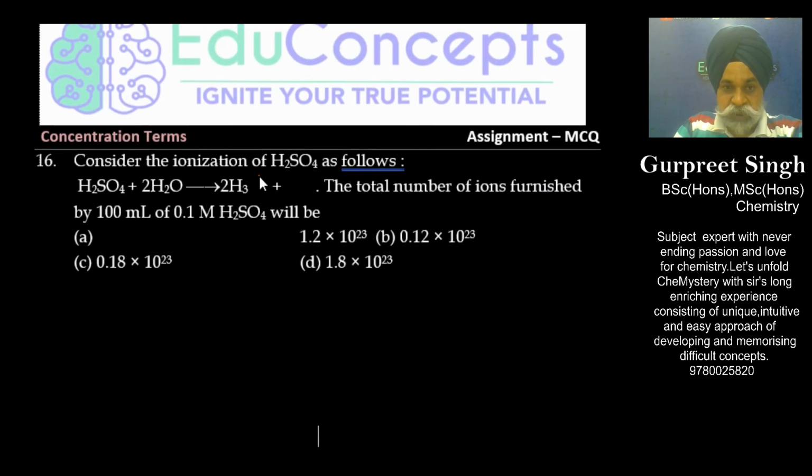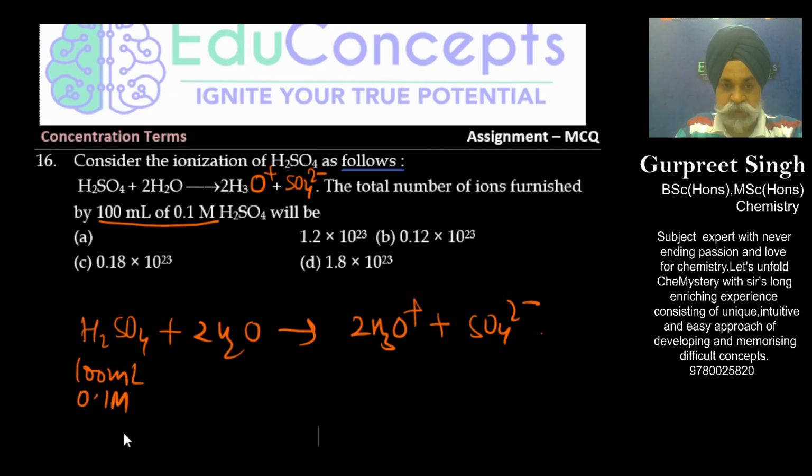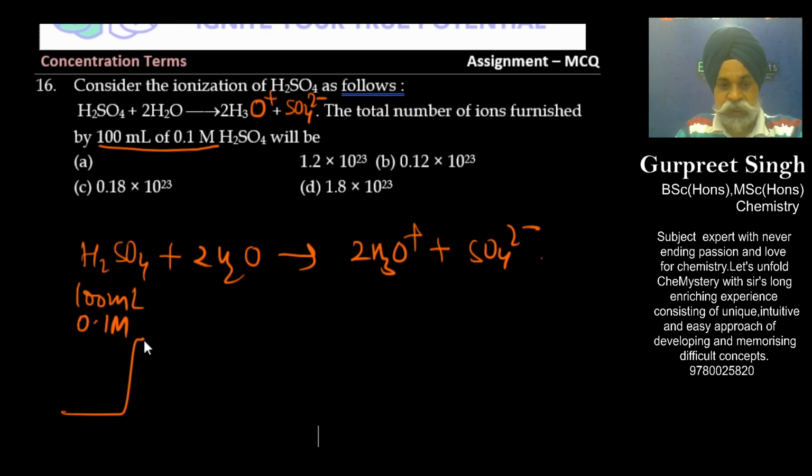In the last question, there is a misprint here. So this basically when put into water gives you this thing. So considering the ionization of sulfuric acid, sulfuric acid molarity and volume is given. So it is 100 ml, it is 0.1, so it is 10 millimoles. So sulfuric acid when put into water gives you 2H3O positive plus sulfate ions. This is what basically it is giving to you. So what we shall be saying that this is 100 ml and this is 0.1 molar. So basically it is containing 10 millimoles.